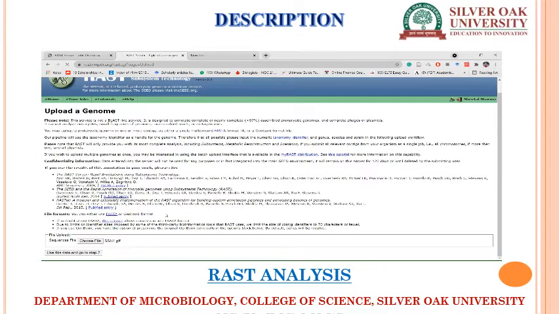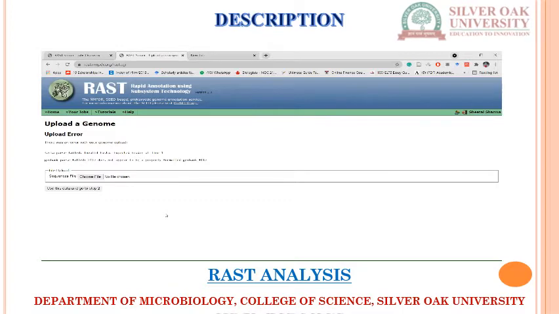Usually, whenever you are submitting any data to NCBI, EMBL or the DDBJ, that is the DNA Data Bank of Japan, you have to create a whole project and then wait for the particular data to be accepted. But in RAST you can work at a low level. You don't have to submit the data unless you are confirmed that this data belongs to the particular organism. This is the main benefit of using RAST.